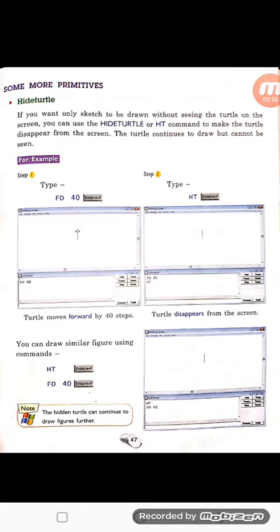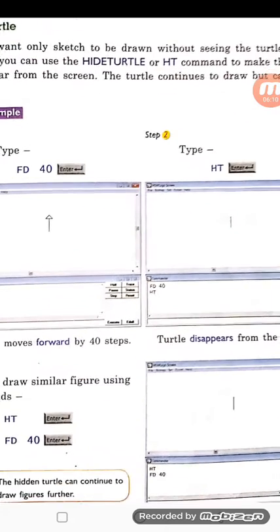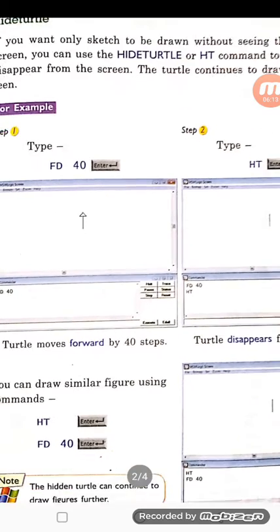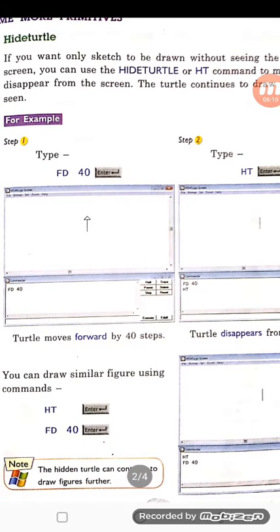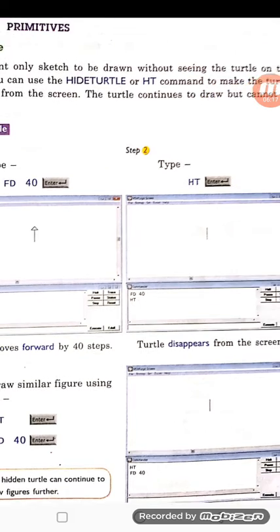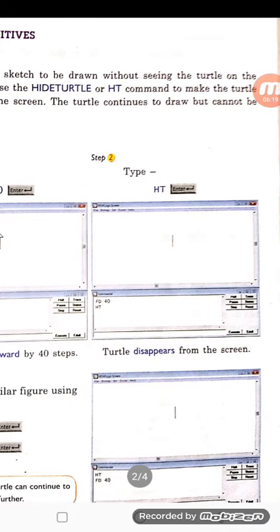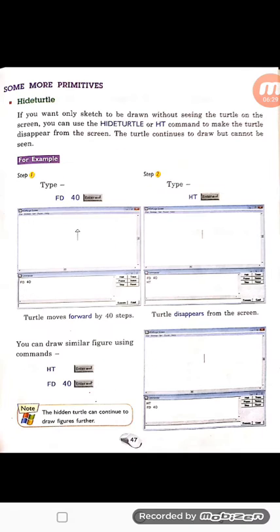The turtle continues to draw but cannot be seen, means our turtle will draw the shape but it is not possible to see the turtle. In this diagram you can see that our turtle moves forward by 40 steps, and in another one the turtle disappears from the screen because we have used the command HT, means hide turtle.